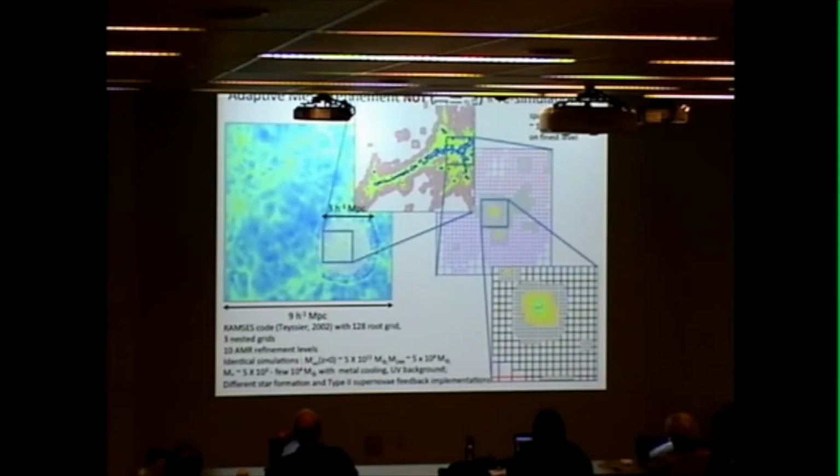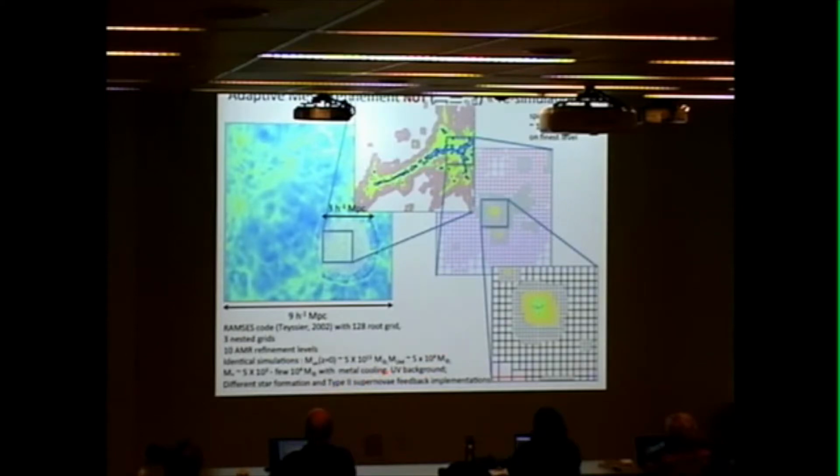Okay? So here, let me come to the part on the results. I'm trailing by a lot of time, but what we did is that we set up a series of simulations that we call Nut. That's the name in Egyptian, the Egyptian goddess of the night, of the sky. That's where the French word nuit comes from. And since we were using Ramses, we kept up with the Egyptian theme. Essentially, it's an AMR simulation with identical initial conditions, with a dark matter particle mass of 5×10